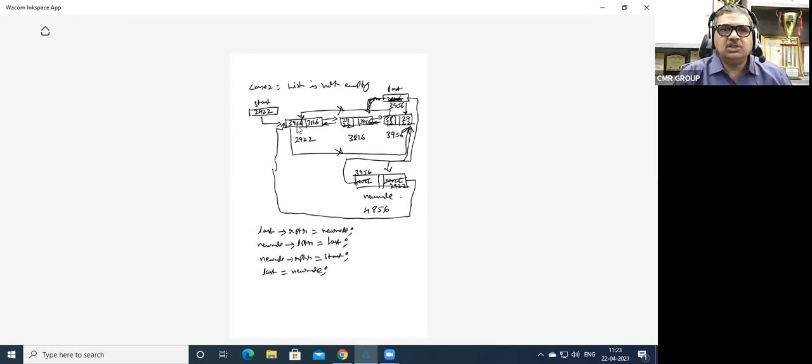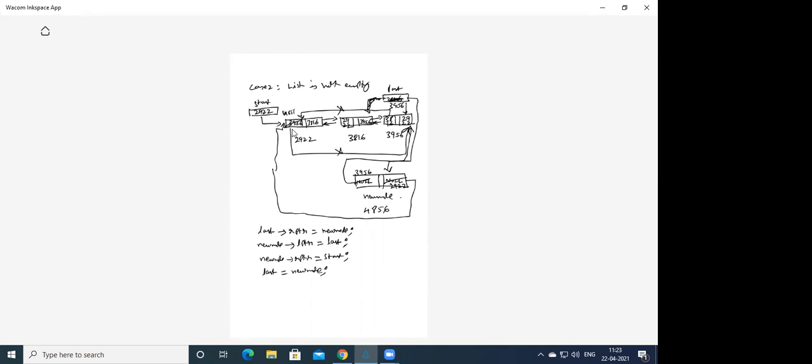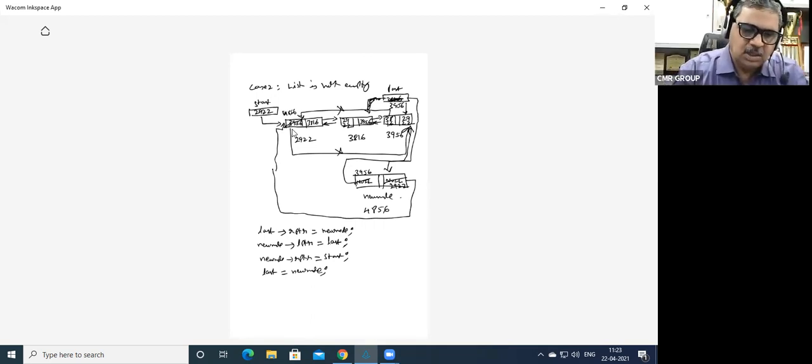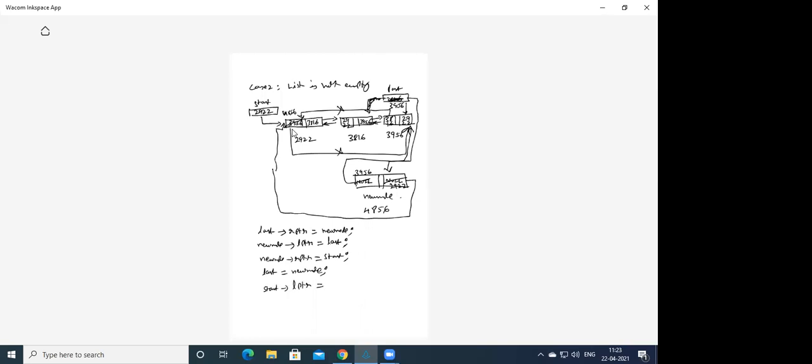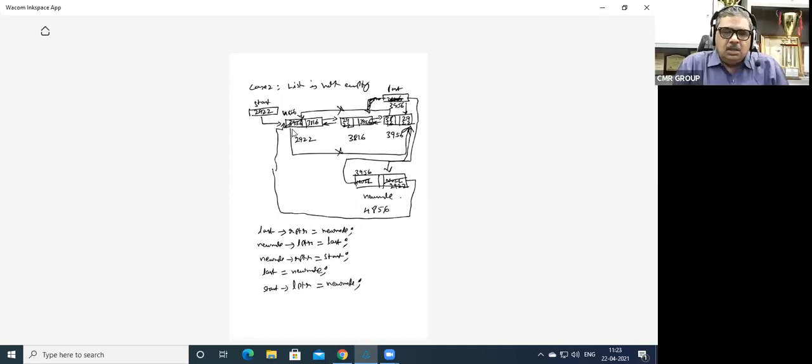Now the value 3956 has to be overwritten with what? 4856. So how to do that? That is, start arrow LPTR is equal to new node. So these are the steps involved in making the changes in the circular doubly linked list creation. Is this clear? The new node when it comes. So can we write the function for this now?